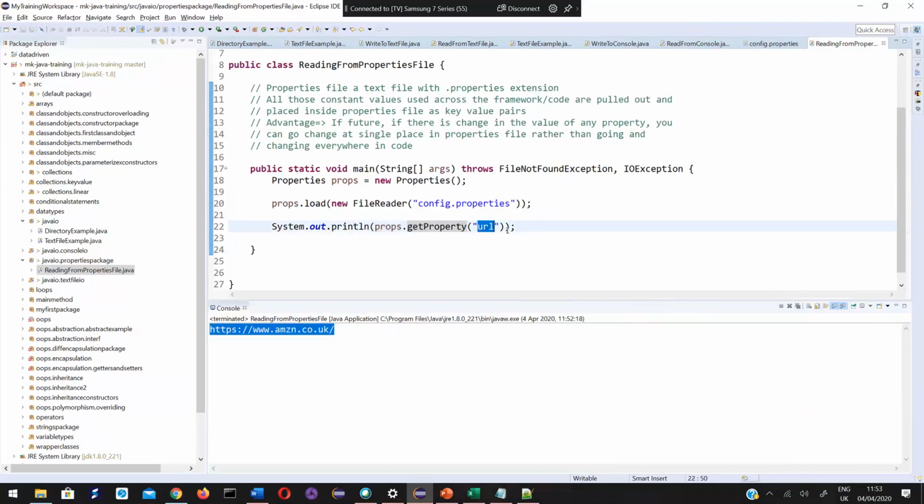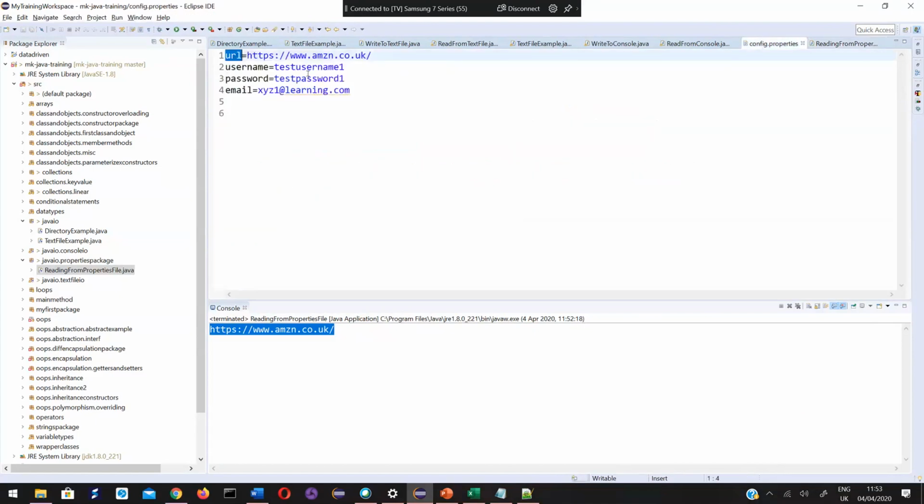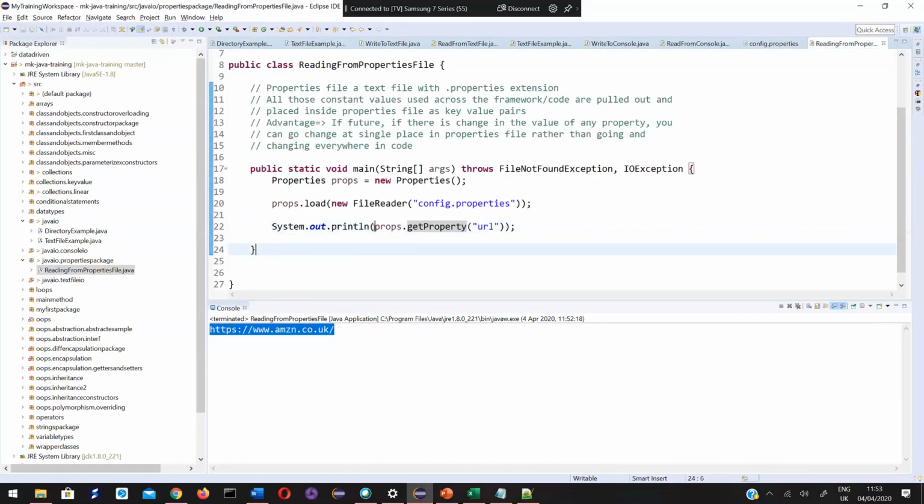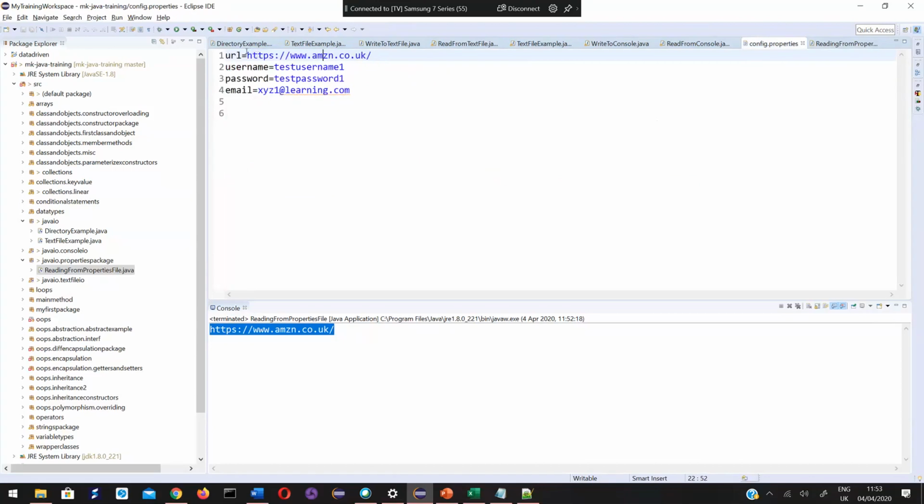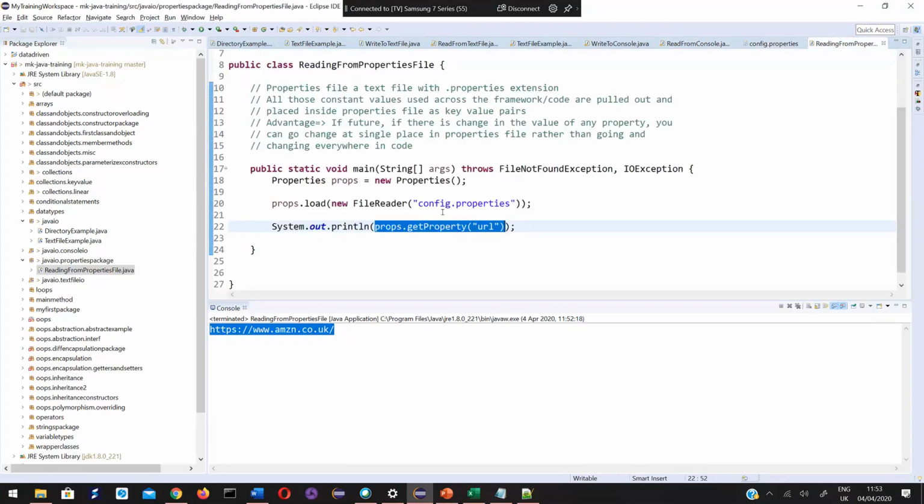Suppose in one of the test cases, you are executing a step called loading the URL in the browser. In that case, you need to pass the URL which you have to load, right? So instead of directly giving the hard-coded URL in the test step, what we do is use props.getProperty URL for that step. So then it returns this value. If there are 100 tests like this, where we are loading the URL, everywhere we call this method, props.getProperty URL,